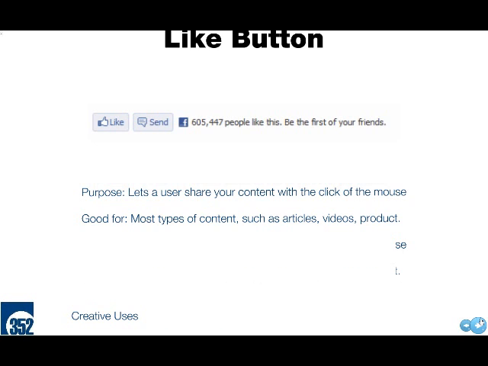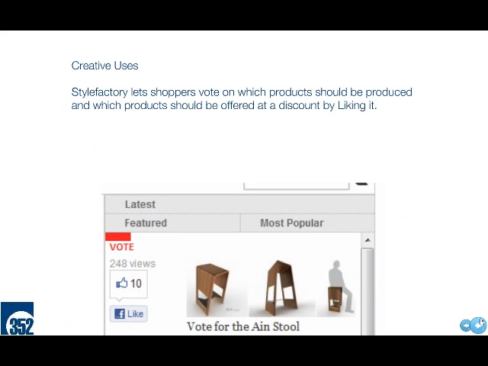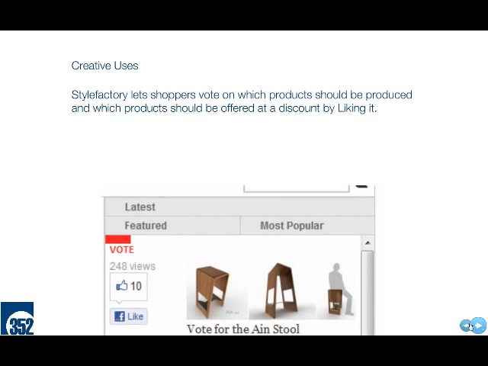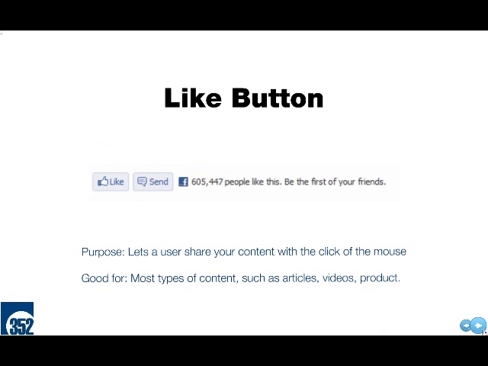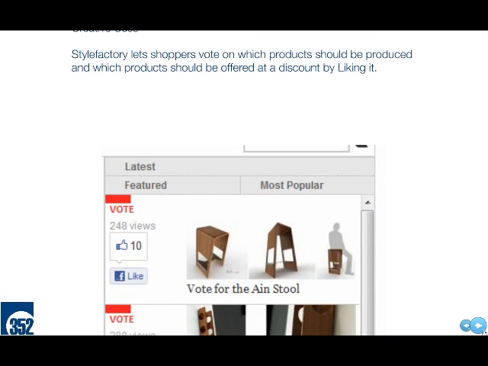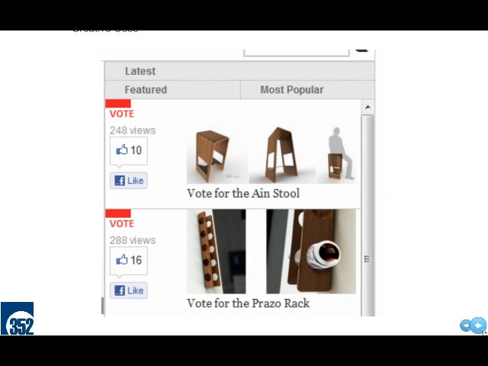Style Factory, which does designer furniture, uses a crowdsourcing method. They let shoppers vote on which products they want produced and which products should be offered at a discount. So here you can take a look at a screenshot that has some of their different products. Just by looking at their products, you can tell that if people like them, they are more inclined to vote.